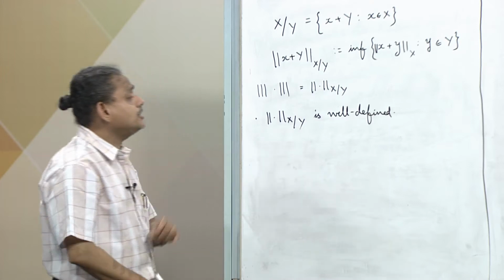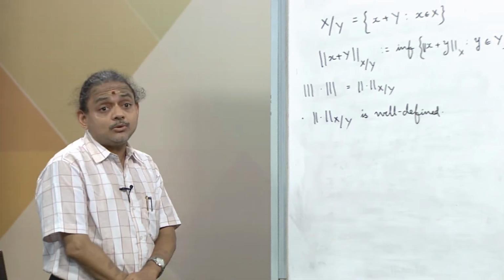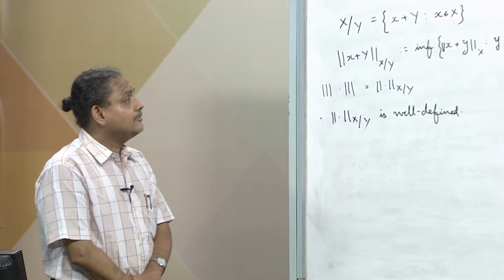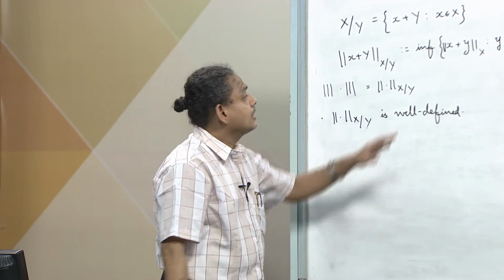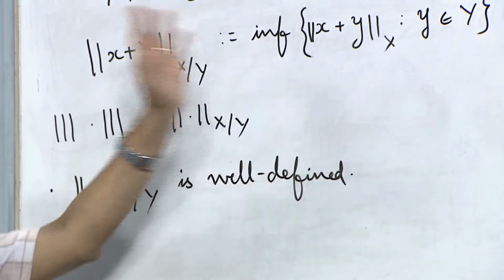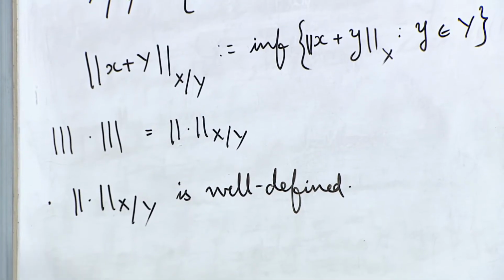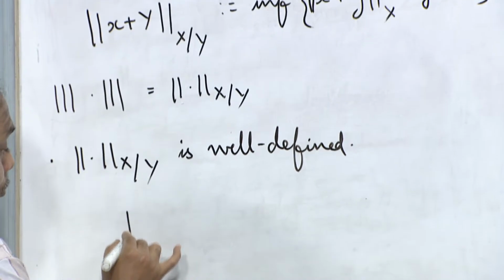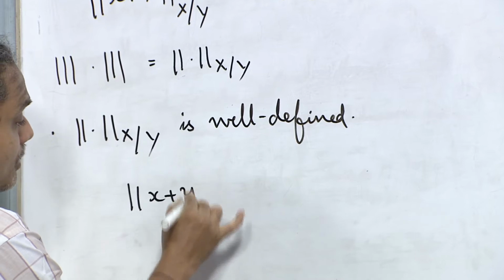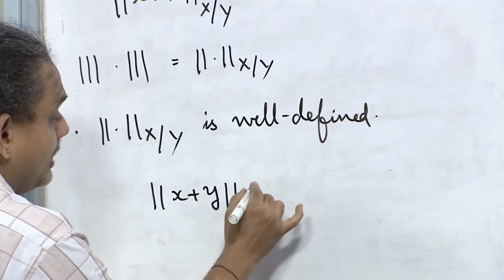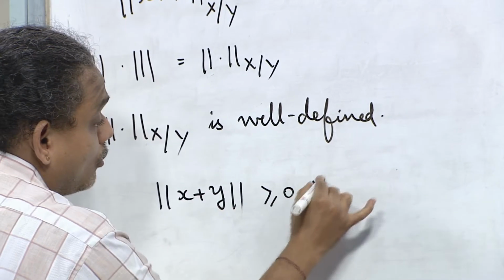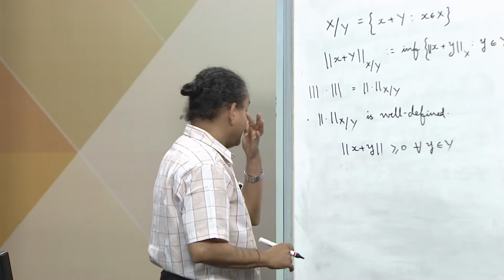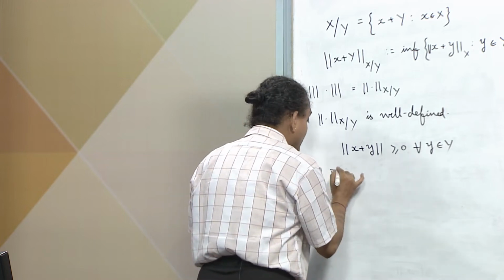So, how do you show that this is well defined? What do we mean by it is actually well defined? By well defined, we actually mean that this is greater than or equal to 0, right. So, is it actually greater than or equal to 0? The answer is in fact yes. So, first thing is that, observe that norm of x plus y is greater than or equal to 0 for all y in Y, independent of whatever it may be, right. So, that will imply that